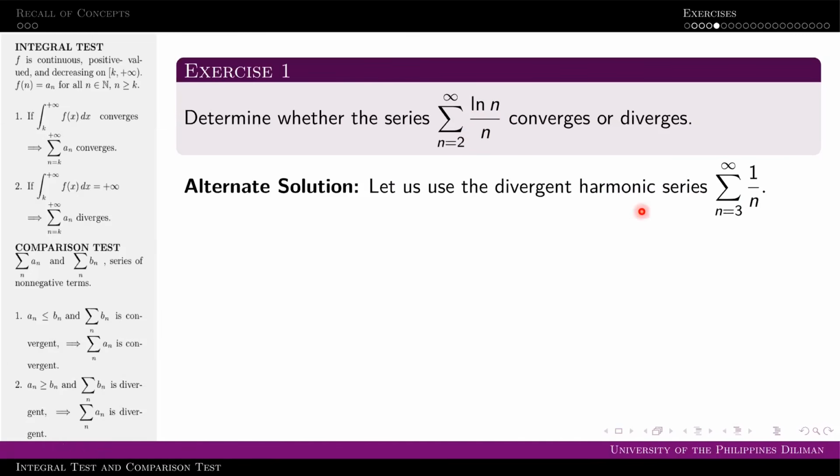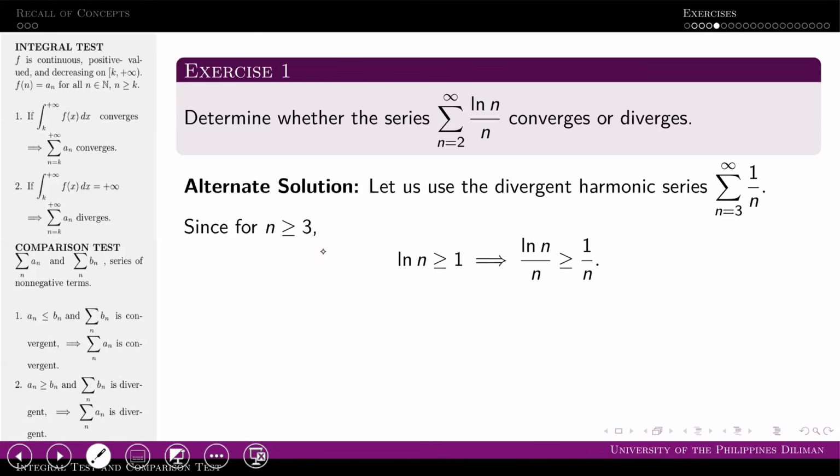We will be using the divergent harmonic series 1 over n, sum from 3 to infinity. I started at 3 para ma-invoke natin yung idea na si ln n ay greater than or equal to 1 for n greater than or equal to 3, which we used previously. So, kapag dinivide mo by n both sides, you have ln n over n greater than or equal to 1 over n. So, we arrive at an inequality wherein yung ating smaller series is divergent, which is case 2 ng